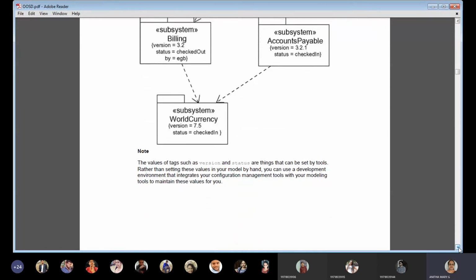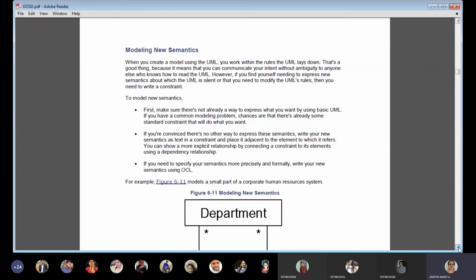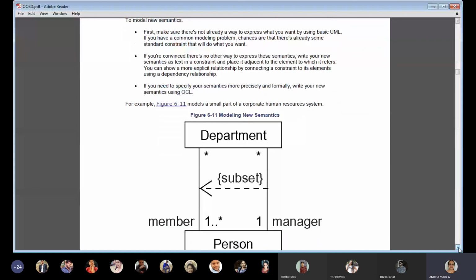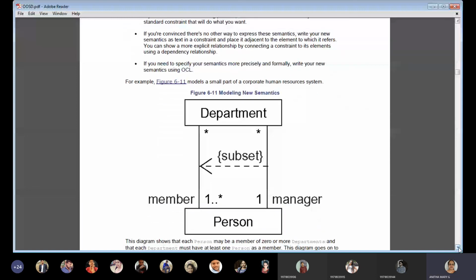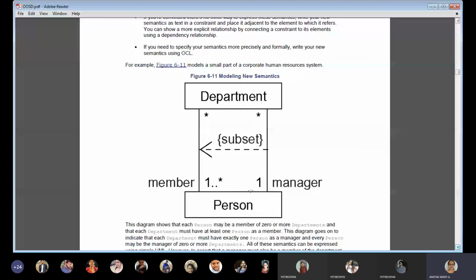So moving on to the fourth one, modeling new semantics. Yes, modeling new semantics means grammatical rules and semantics, we say, no? In order to model a new semantics, here the example of department and person, this scenario they have taken. This example we saw in structural modeling yesterday, the last common modeling technique under relationships.